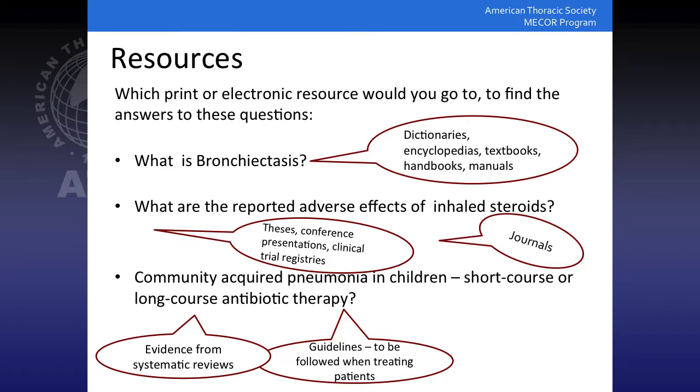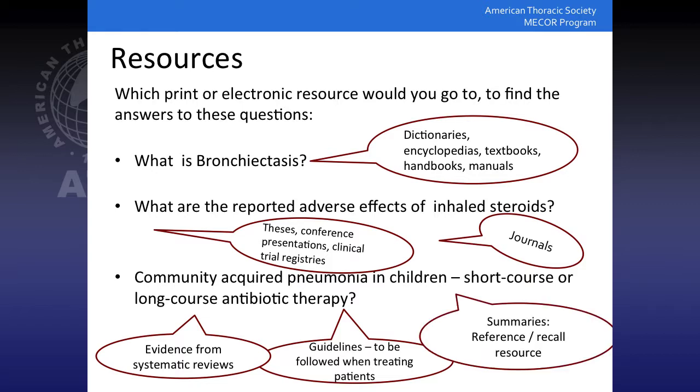If a patient comes to you with community acquired pneumonia and the patient is a child, first you do this, second you do this, third you do this, and all this comes from evidence from systematic reviews or other primary studies. And then you have a set of resources called summaries. These are tools by which you can quickly go over and make sure you've remembered a lot of what you've learned on these topics. Resources like UpToDate, Dynamed, Clinical Key, which has a component, all of them give you summaries